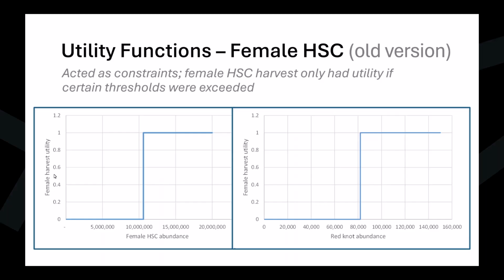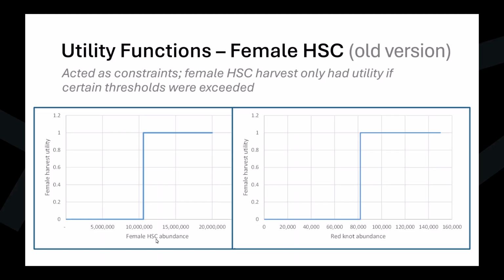And utility is a sort of jargony word for happiness or satisfaction. And then on the x-axis on the bottom are the state of the system, the metrics of the system that we're interested in. And so as red knot abundance or as female horseshoe crab abundance increases, utility changes